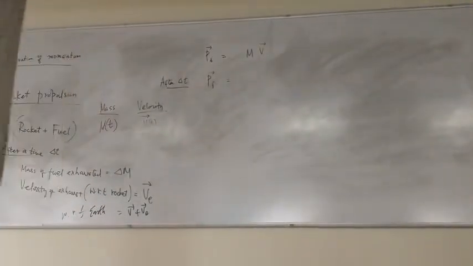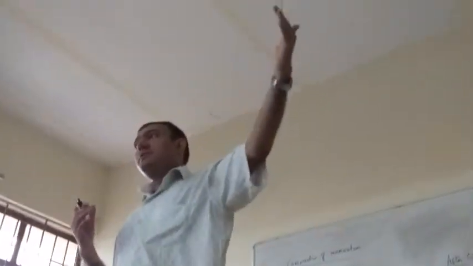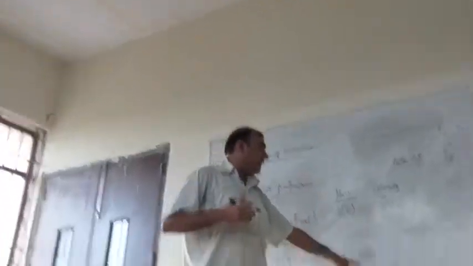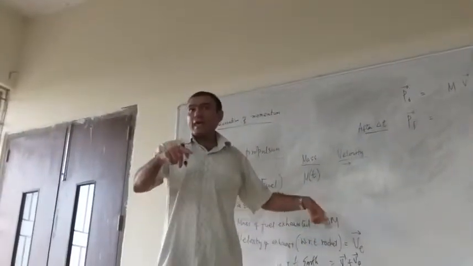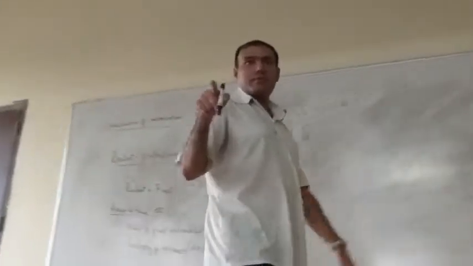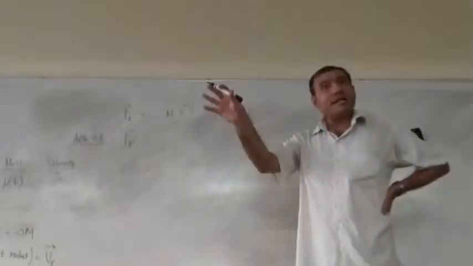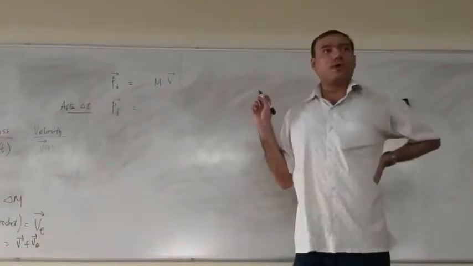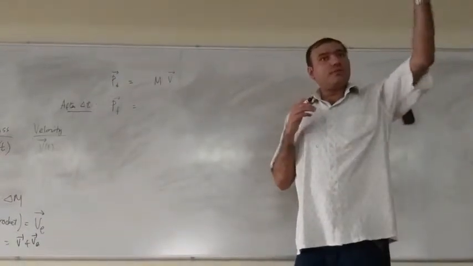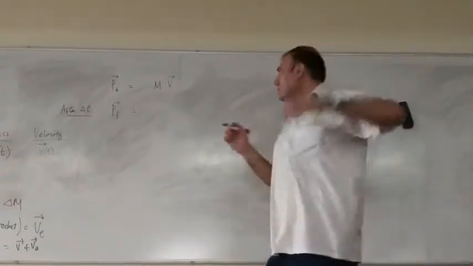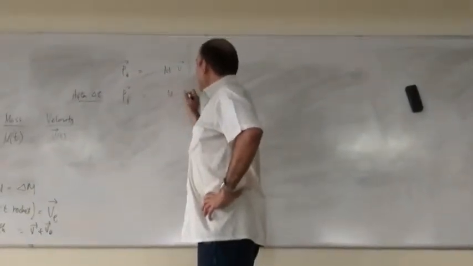We are conserving the momentum of the rocket. So what is the mass of the rocket after delta m has burnt out? It is M minus delta m. It is not delta m, because if it's only delta m, then you are actually taking the fuel into account. You need to conserve that of the rocket. So it's M minus delta m